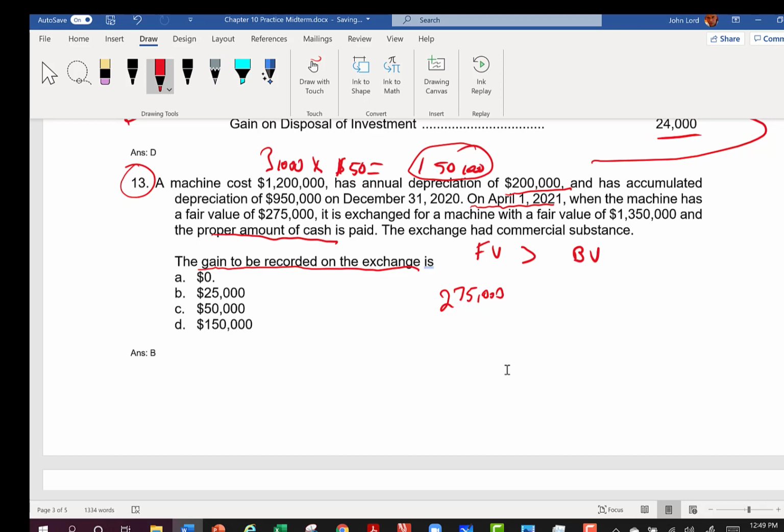I could figure out the depreciation per month by taking $200,000 divided by 12 and depreciate it up to